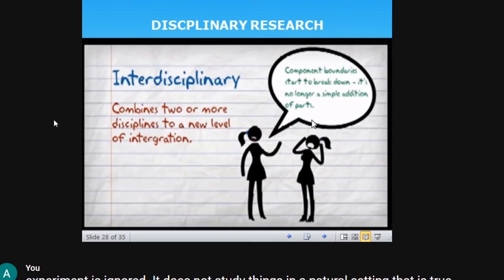Whereas interdisciplinary combines two or more disciplines to a new level of integration. The research problem addressed involves the methodological approach of more than one discipline. Okay. So, statistical computer application in libraries involves the methods of both the library field as well as the computer field. So it integrates both. They will be collaborating together. Instead of working alone, they will be collaborating together. That is the difference between